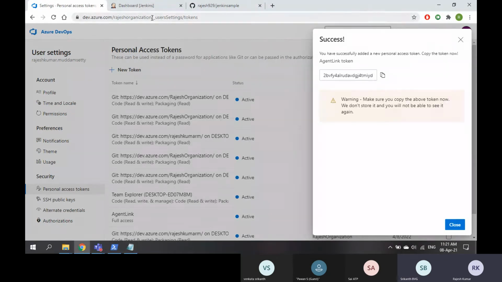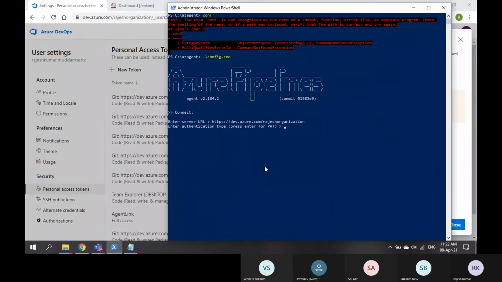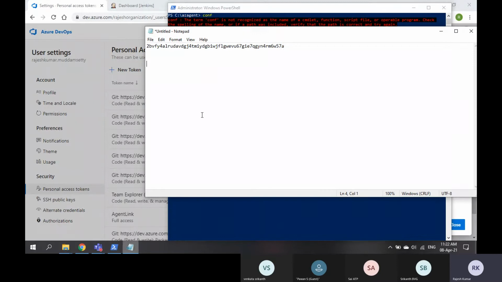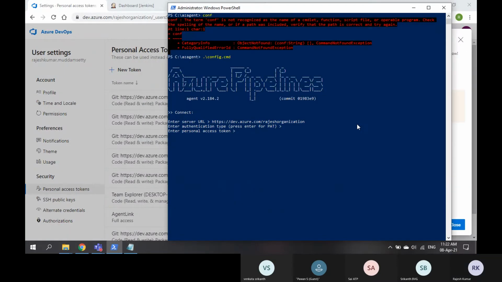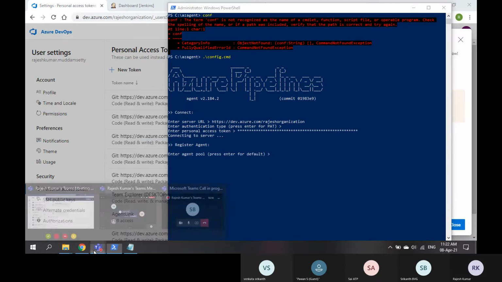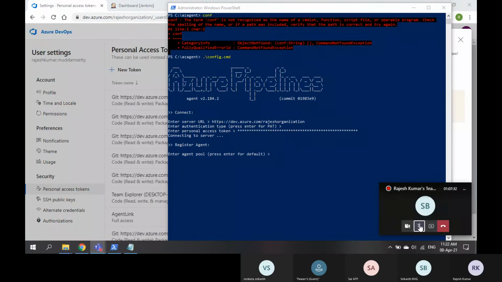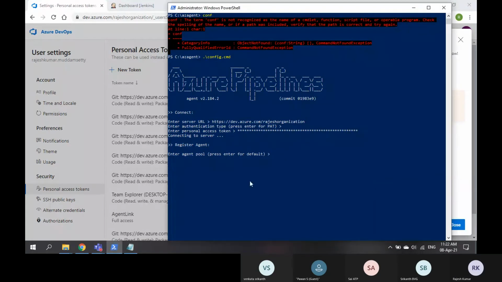Now again, the name. Then first press enter for PAT token and then copy this PAT token. Now I will give my pool name.